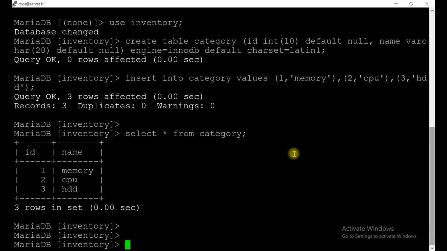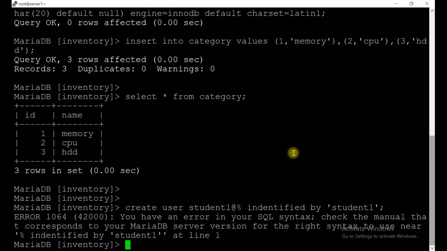Now let's do one thing. Create user student1, which will be able to access locally, with password identified by student1. Okay, let's execute it.